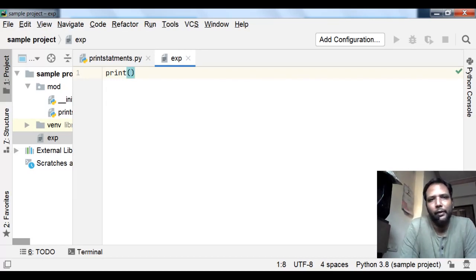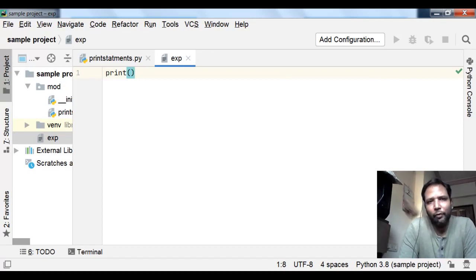If you consider some other languages, in C there is a println statement, and in Java there is System.out.println.